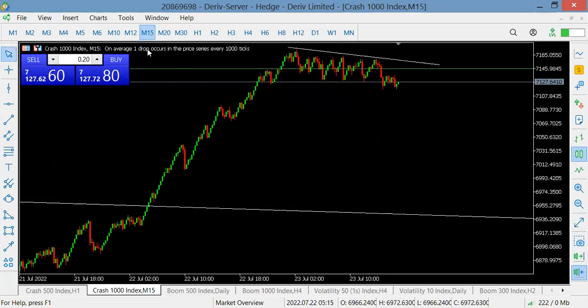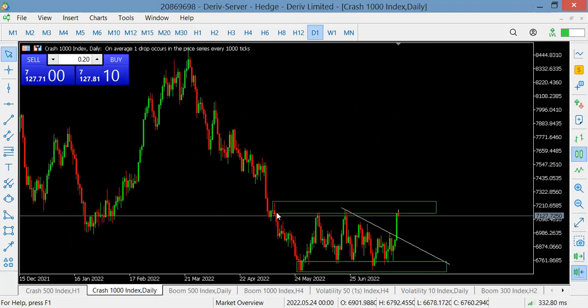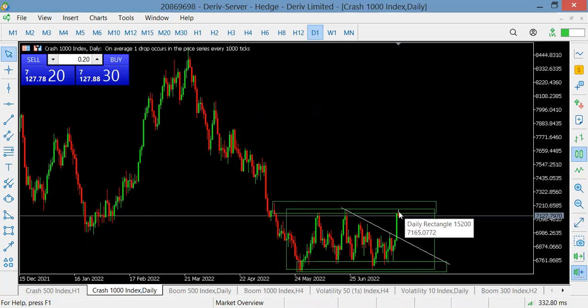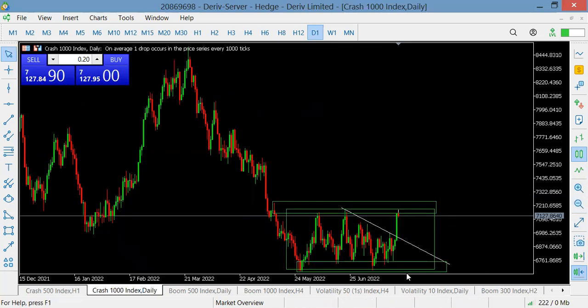It might hold because even where Crash 1000 bought into is still a zone in the range. Let me go to the daily time frame to show you. It is still in the range. Can you see? So this rejection might just be because price is retesting this resistance region again,